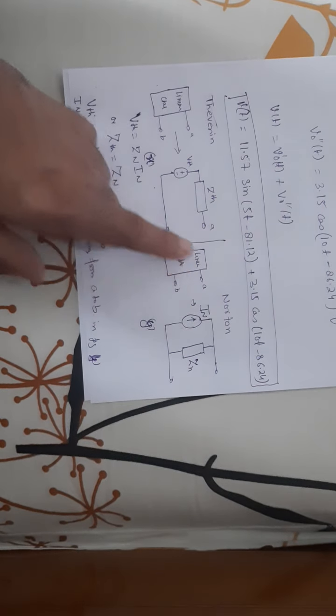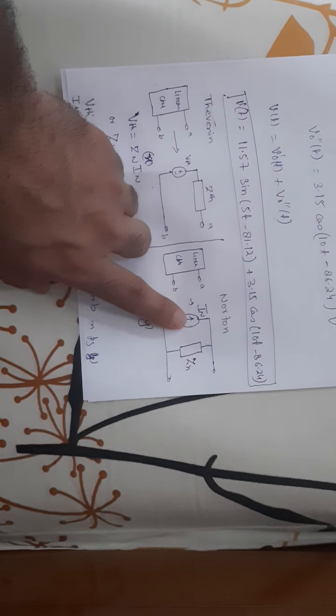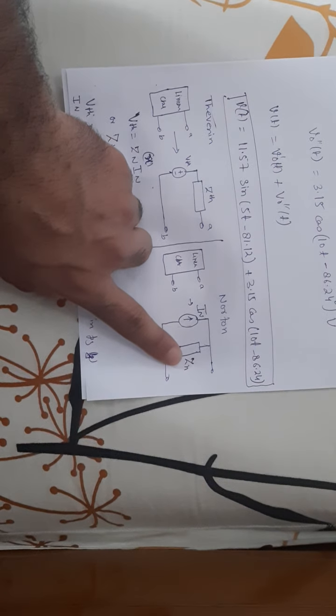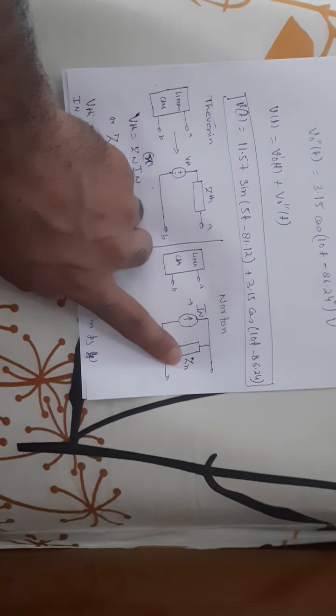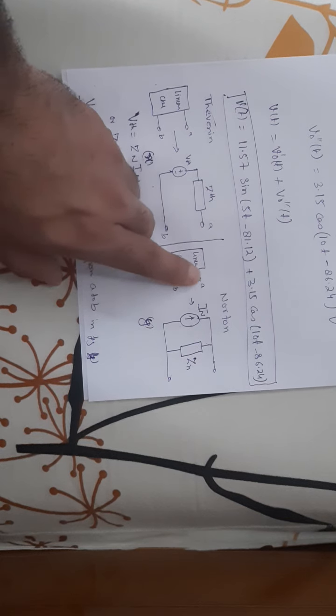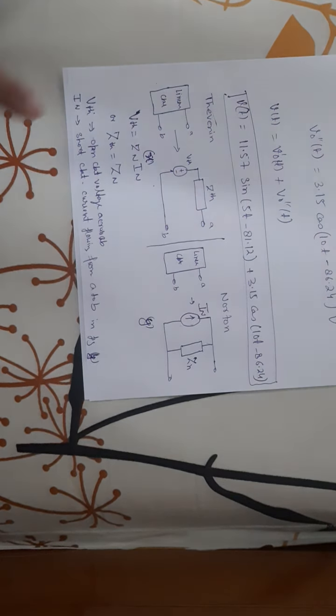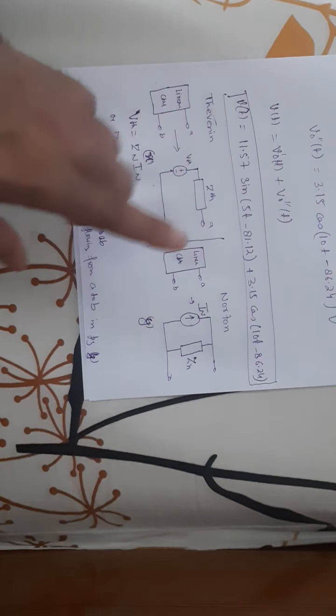And same is the case with the Norton circuit. I have a linear circuit AB. So the Norton's equivalent will be a current source in parallel with the Norton impedance Zn. And what is IN? IN is nothing but the short circuit current across the terminals AB. So if you will solve the circuit, you will get VTH is nothing but, if you will use